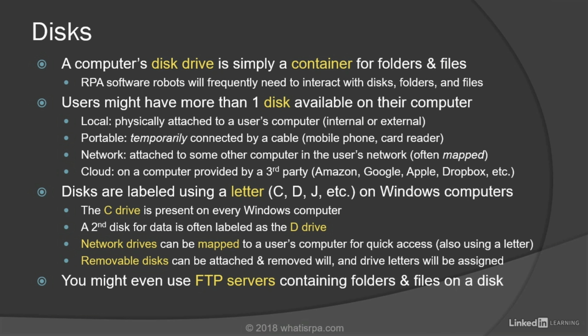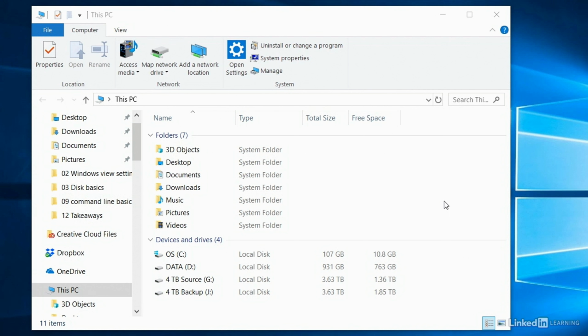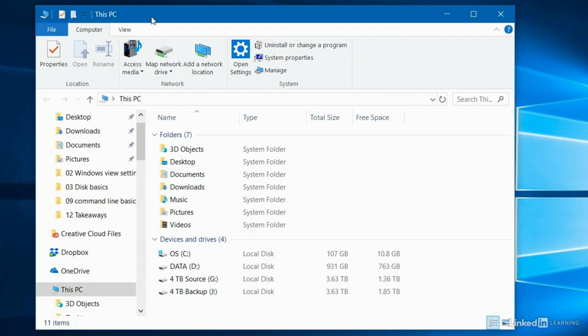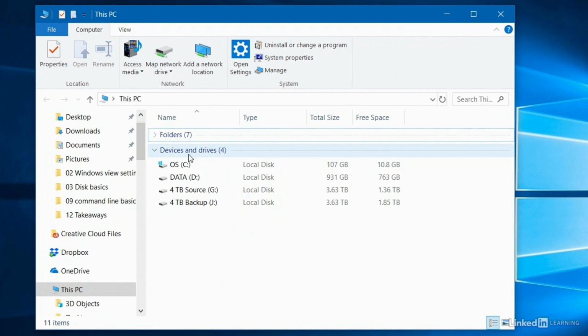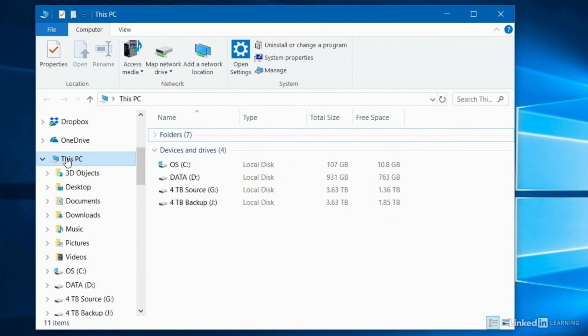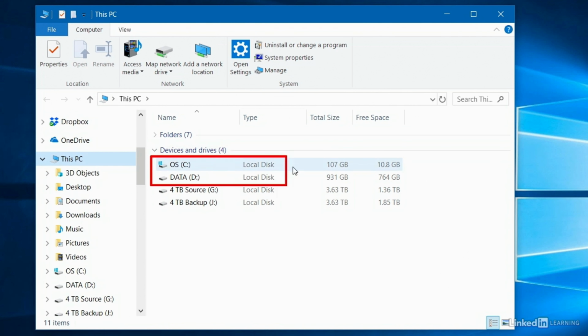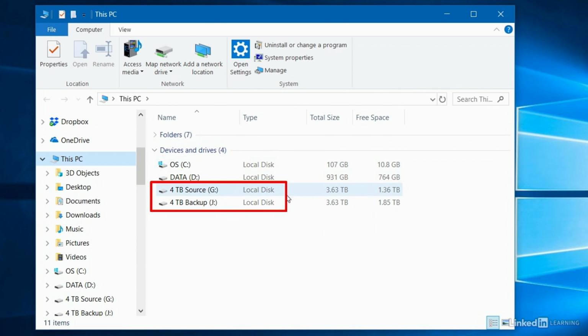You might even use FTP servers containing folders and files on a disk as well. For a quick demo of this, I've opened up a Windows Explorer window here, and if I collapse this folders node at the top, you can see I have this devices and drives list, and that's on a node called this PC. So as mentioned, you can see that I have several local disks. My C and D drive are both inside my computer,